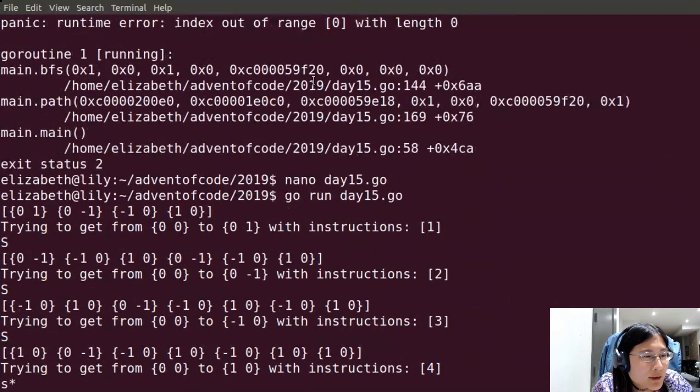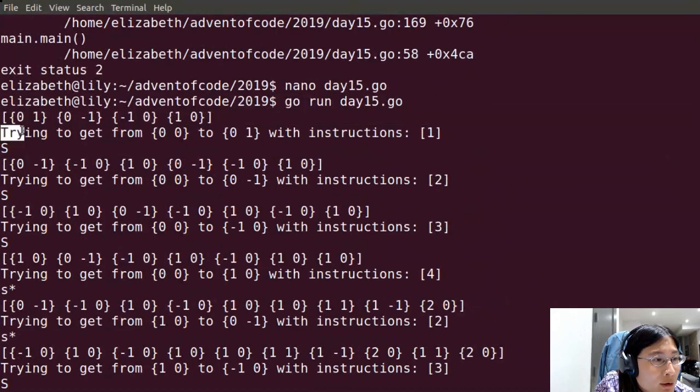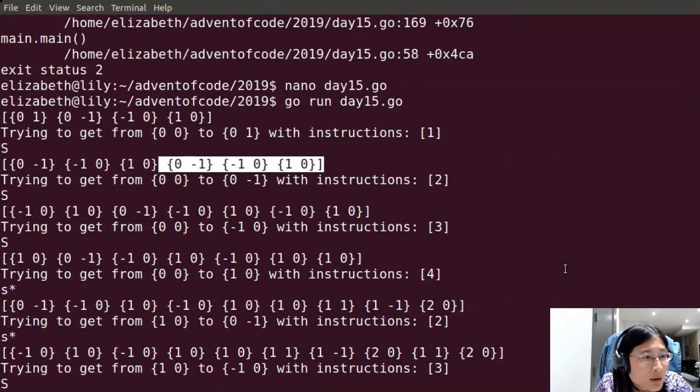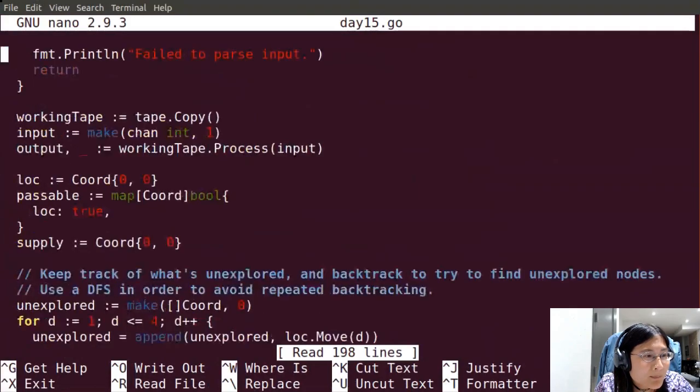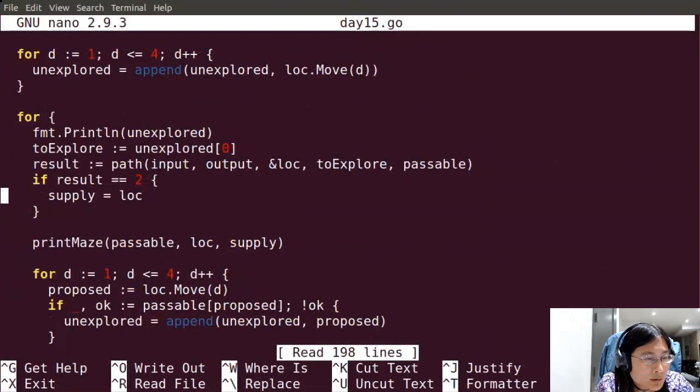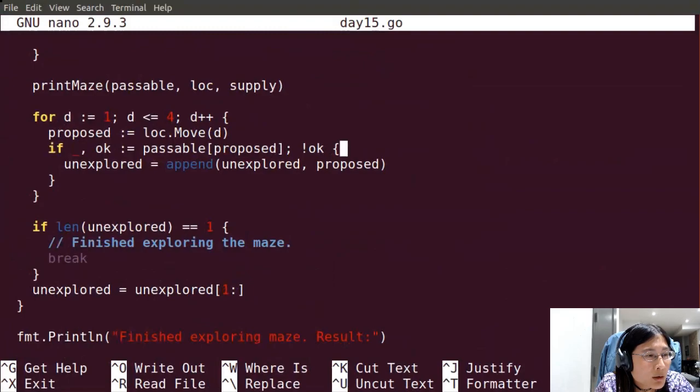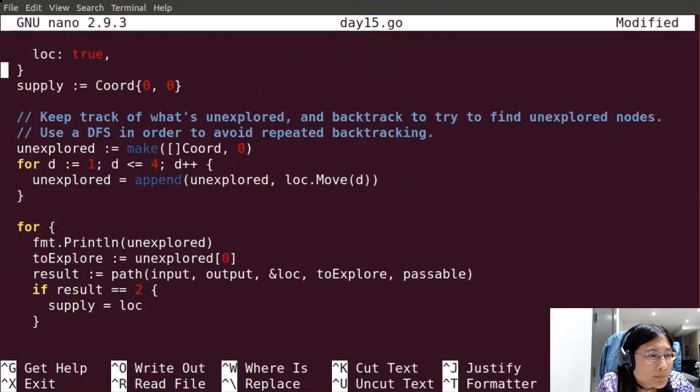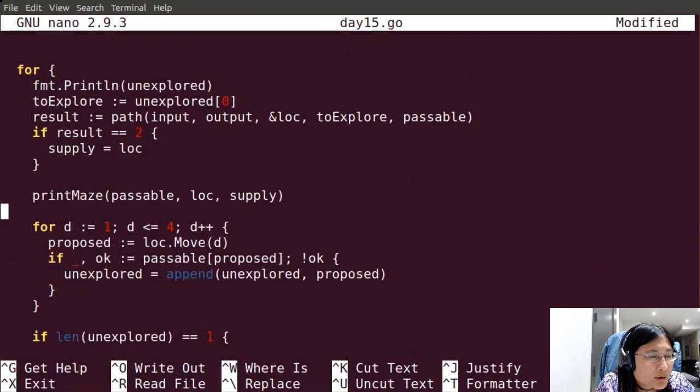Okay, so great. Okay, so I have my queue. Trying to get from 0, 1, 0, 0 to 0, 1. Okay, it fails to get there. That's fine. So it removes it from the queue. Okay. From 0, 0 to 0, -1. Oh, but it reappends all the items. Ah, right. Okay. Just in case.